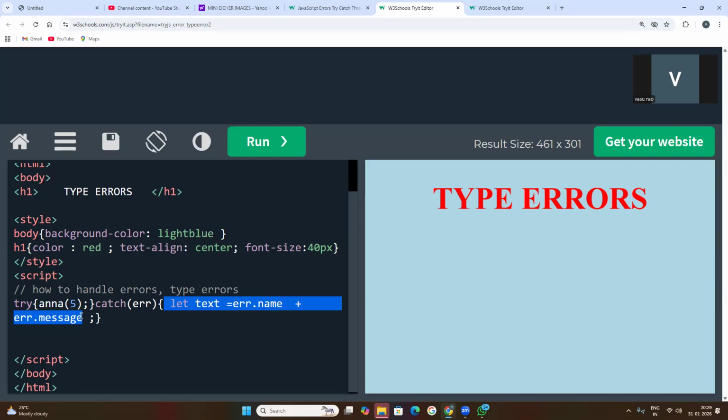Now if I click over here, you will not get anything. Here I want to get the type of error and the error message, so I need to use a display method. What is the generally used method in JavaScript if you want to display anything on the screen? I told you the mostly used JavaScript HTML method is